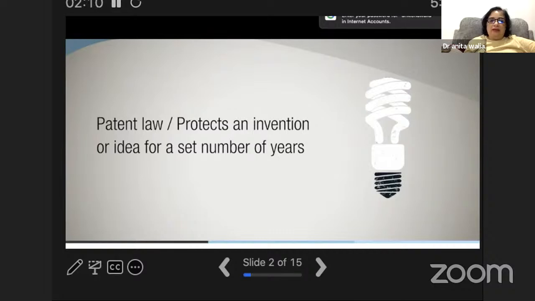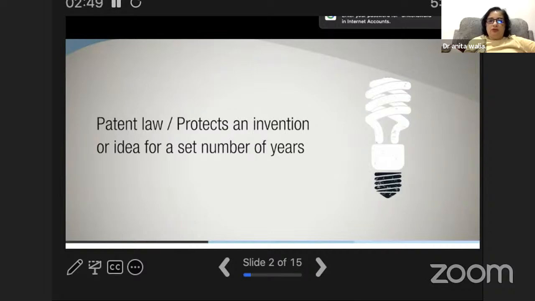So what if you have an idea? If you have an idea and that idea can turn into a tangible thing, I am saying tangible. See, copyright, trademark or GI, geographical indication, are most of the time intangible. But if you have to protect a tangible product or service or process you have developed, in that case, we go for a patent. Okay, we protect that particular work by patentship.